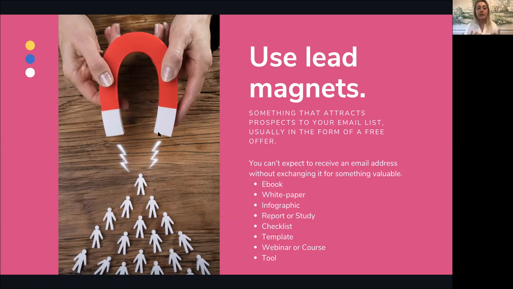So find a way that you want to attract them and make sure that when you put that on your website, right, you have your little box on your website for them to sign up. You want to put that right on there, like sign up for our emails, receive 10% off, receive this download, receive, you know, whatever it is. You want to make sure that that's in big letters so that people understand that. And you can also promote that on social media as well.